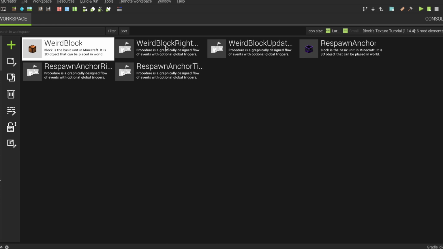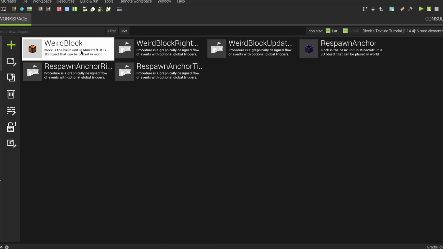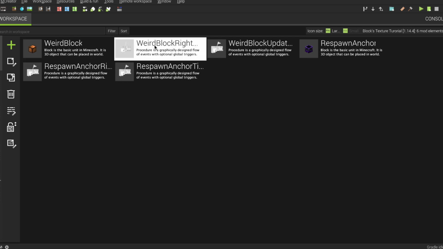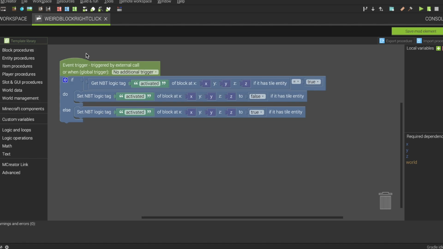So I've already created the procedures we're gonna need, and I'm just gonna link them to the block. So the right click procedure for the wheel block: when we right click on it, it will activate.